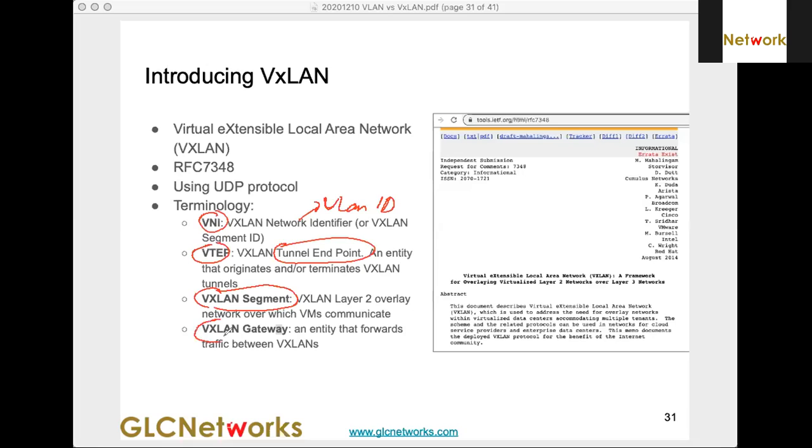And then there is a gateway, an entity that forwards traffic between VxLANs.